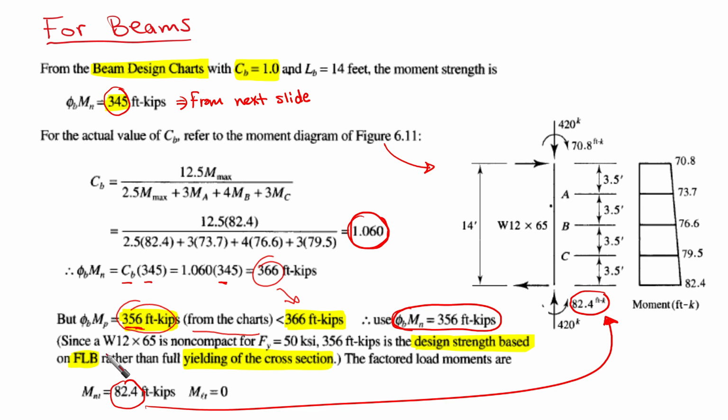Okay, this is why. What is the reason for this? Because W12 by 65 is non-compact for F yield equal to 50. Okay, can you see this? Can you check this from where we can get this W12 by 65 is non-compact? Okay,